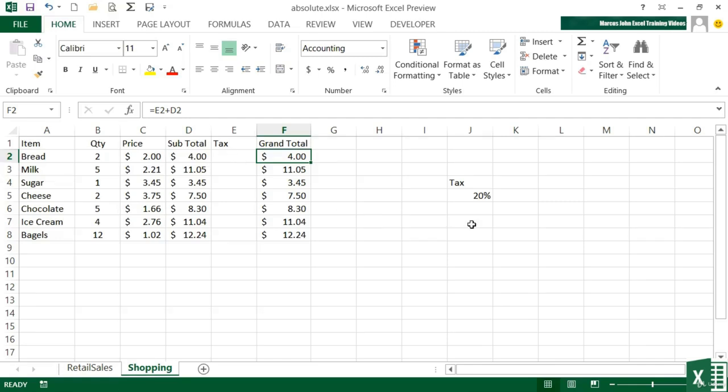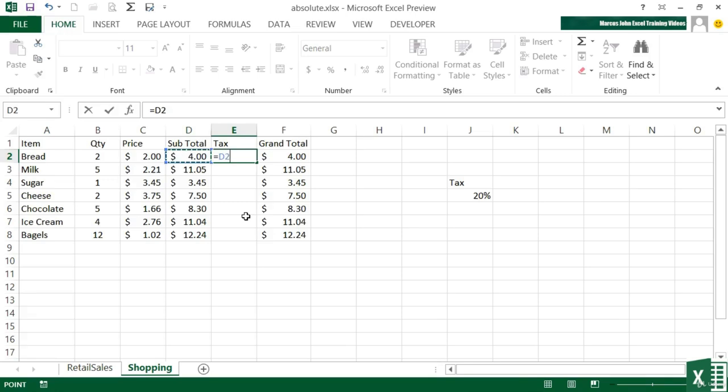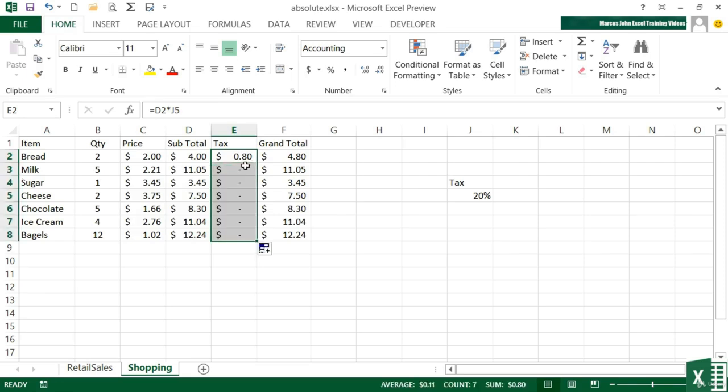Our value for tax is over here. There's 20% tax to add on to all our purchases. So we do the first one, which is bread, equals subtotal for the bread multiplied by the tax percentage cell, J5, and return, and we see we have to pay $0.8 in tax. Now we already know that we could copy and paste that down, and we already know, because we're using a fixed cell over here, that if I were to do that, I get zeros all the way down